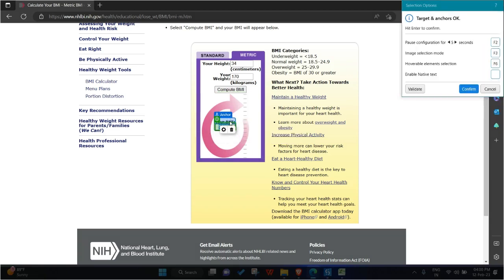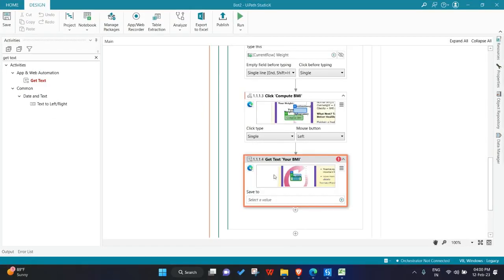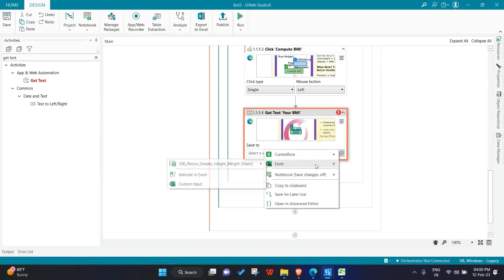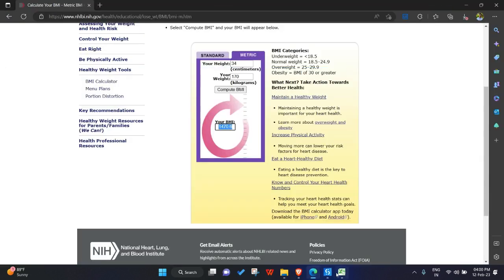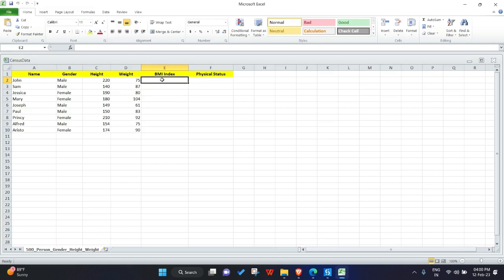We have to use a get text activity in order to save the value which is being generated. And let's take a variable here. We have to store it in the BMI index attribute. So the generated value will be directly stored, written right into the BMI index